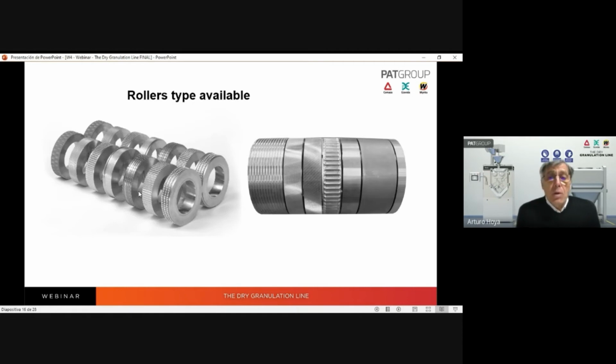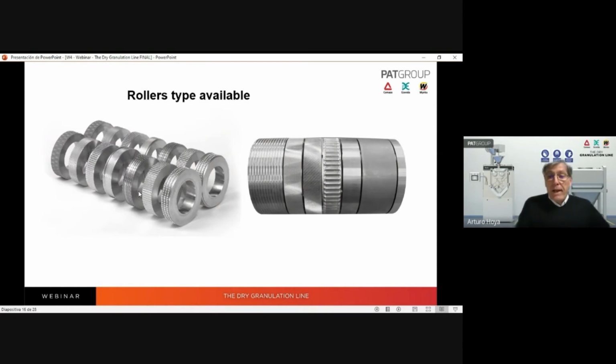We have this roller with the faces smooth or with grooves or different pattern of design. In this case, I have to say that the selection is very empirical. You will try to select one or the other in order to show which is the better for your formulation